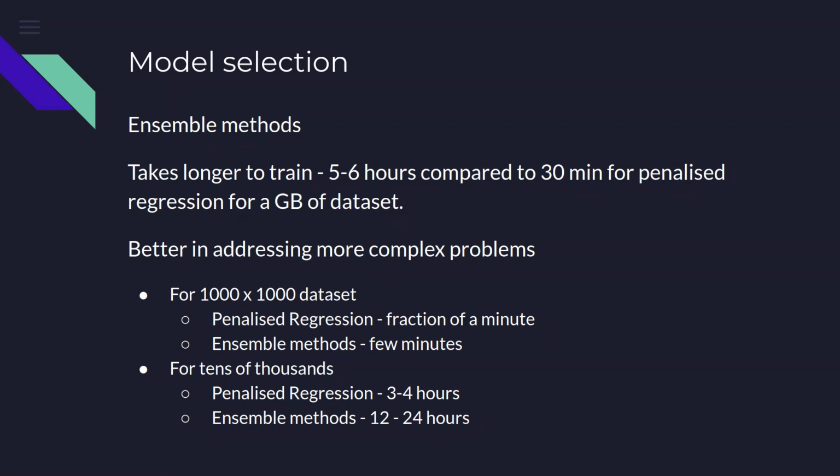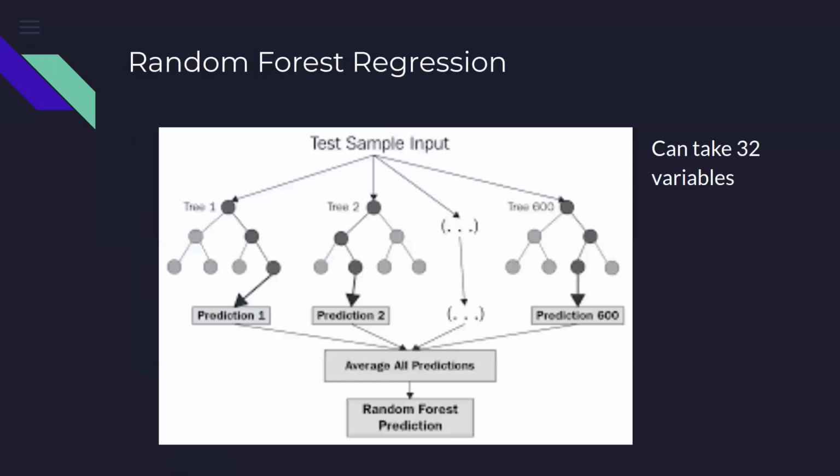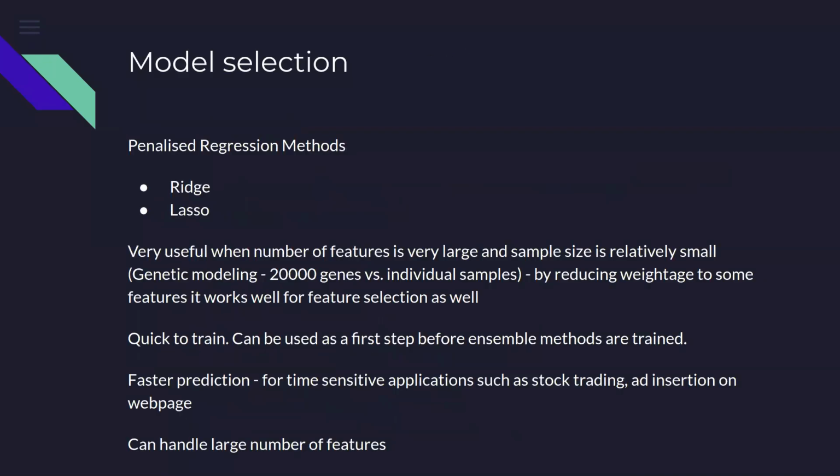Suppose the decision tree itself was giving me a result close to an R square of 0.8. I would be happy with that. Then I don't need to go for random forest. The second thing is how much time and resources I have available. If I want a quick result, if I don't have that much training time, then I will live with the tree and not go with the forest. Okay, so 4 different ways of computing this we have seen.